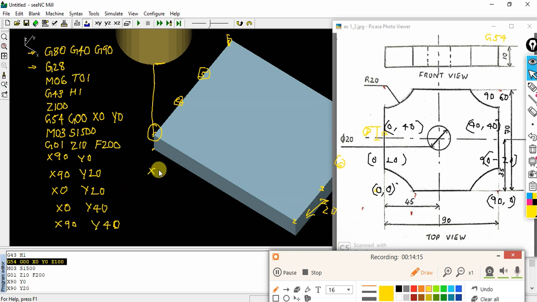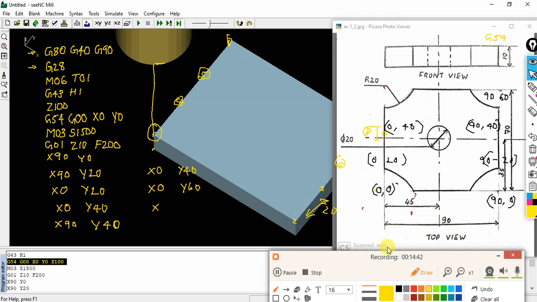Let me check. 90, 0, 90, 20 lifted, okay, 0, 20, and 0, 40, and X90, 40, and here I should lift.